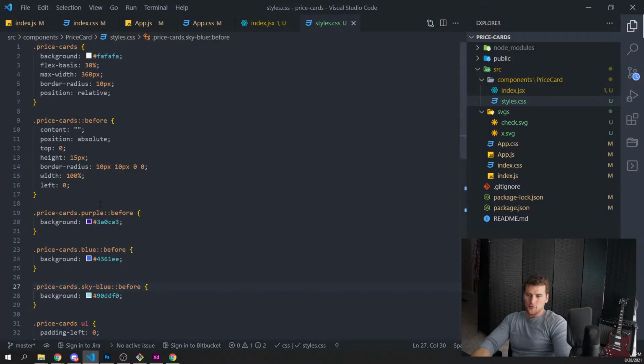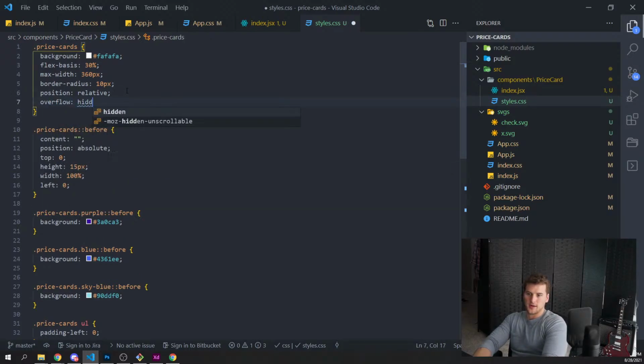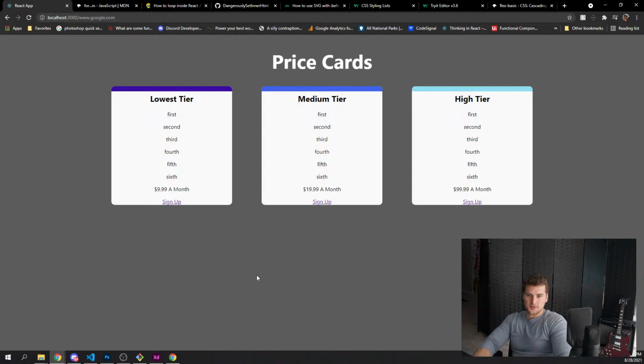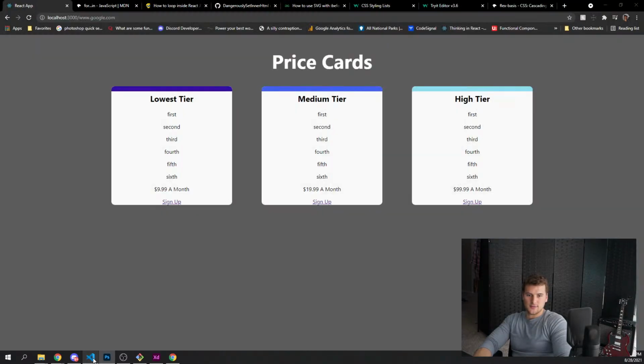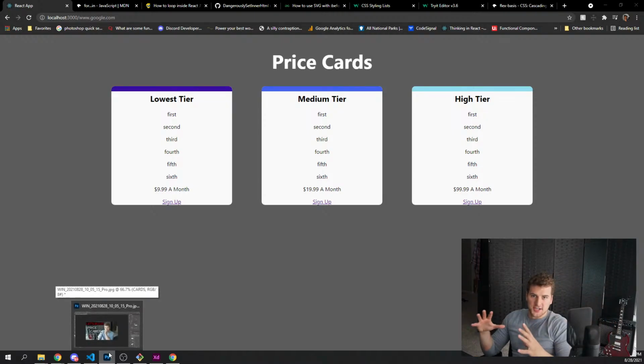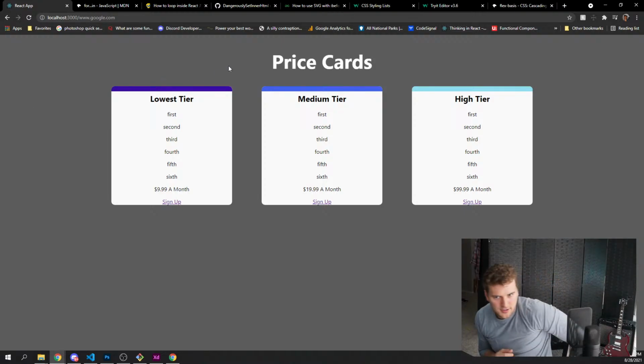I think if we just remove the border radius on that and say overflow hidden, because I don't have anything that's going to overflow that. Did I save? I saved, right? Yeah, anytime you have a parent container with a border radius and then a child inside that also has a border radius, it's almost impossible to get those to match up properly.